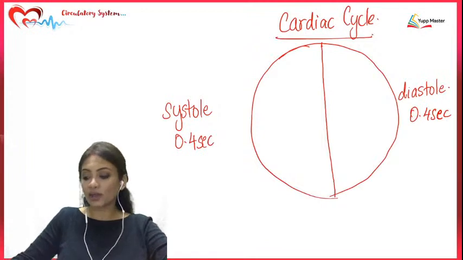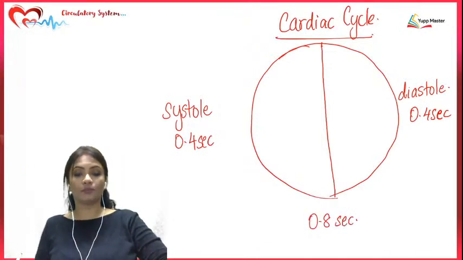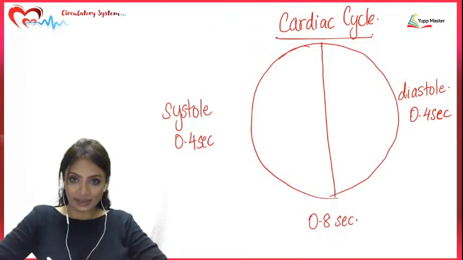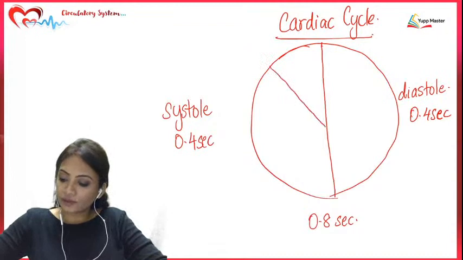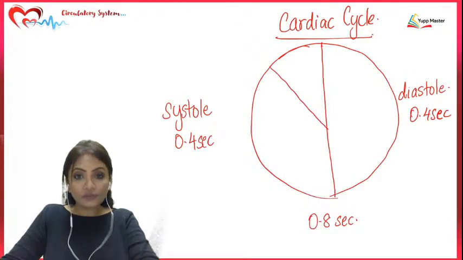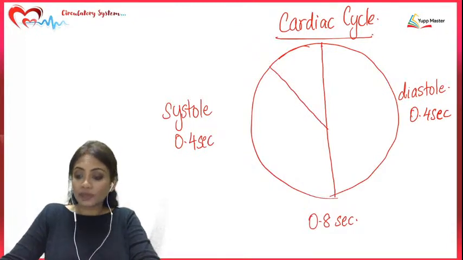That's why the whole cardiac cycle is 0.8 seconds. Now in this 0.8 seconds, the first part over here is going to be indicating